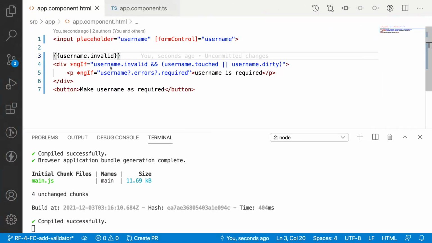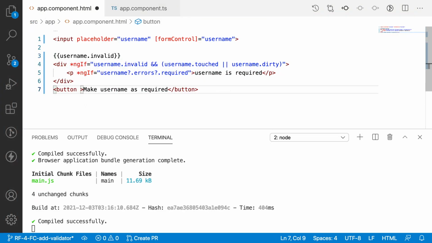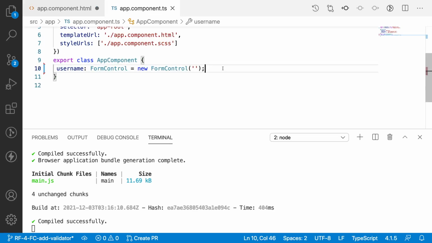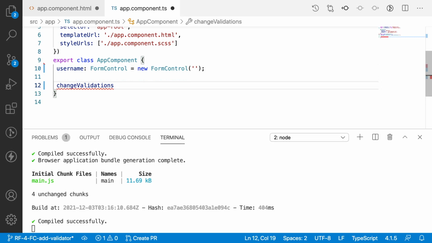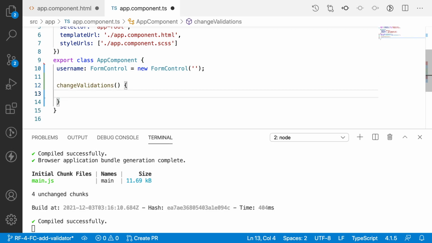Now when I click on this button, let me use a click event, and inside the click event let me write changeValidations. Let me copy this method, go to the TS file, and define it. This method should add a required validation to my form control.